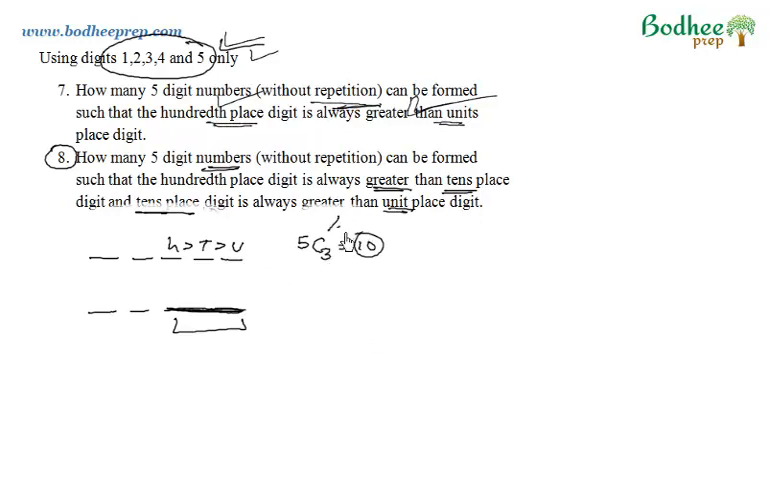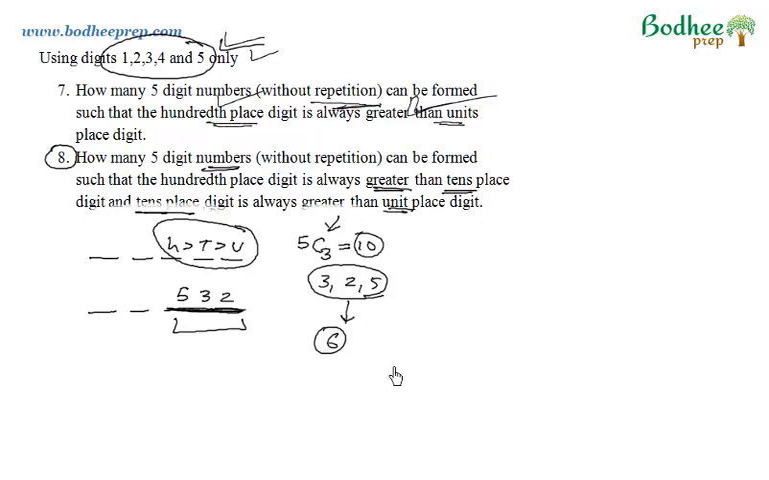Now why am I using selection here? We all know that the same selection can be arranged to make different numbers. But here, since there is a restriction, suppose one of the selections out of these 10 is digit 3, digit 2 and digit 5. Now I have to put them here such that this condition is fulfilled. So the only way I can keep them is 5, 3 and 2. Although these 3 digits can be arranged in 6 ways,